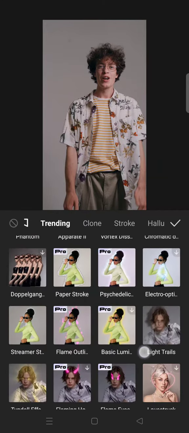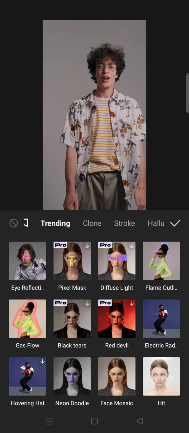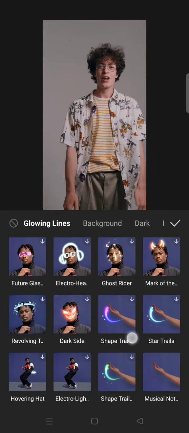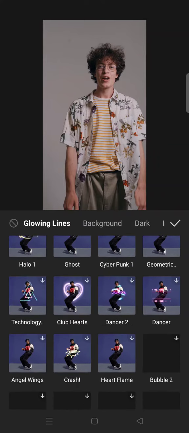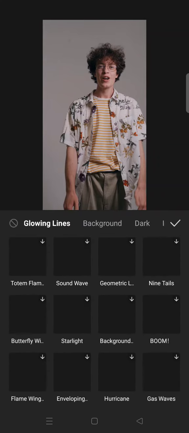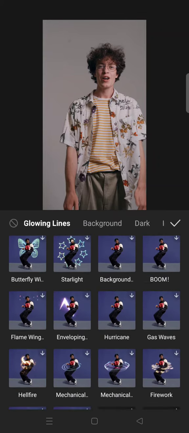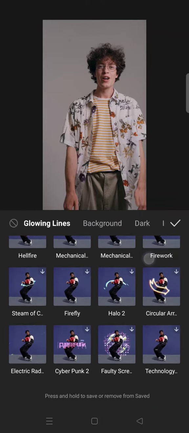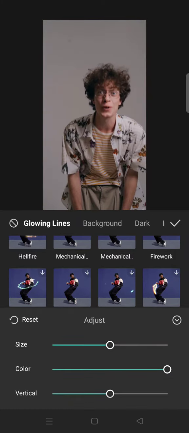If you scroll down, you'll find the electric radiation here, but if you can't find it on the trending, you can always swipe and go to the glowing lines tab, and in here just scroll down and you'll find the electric radiations effect in here. Okay, this one, click on that, and this will be the effect, but you can always adjust the size,